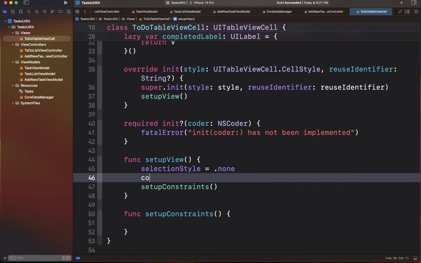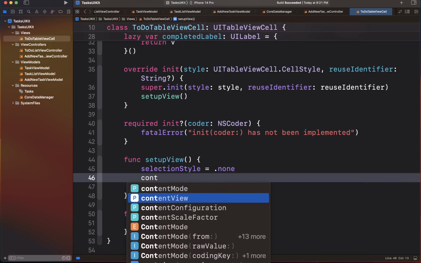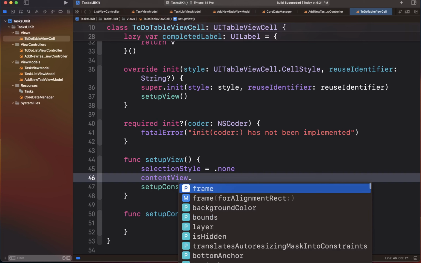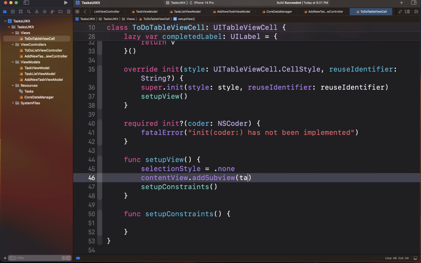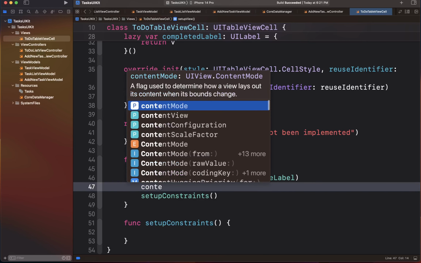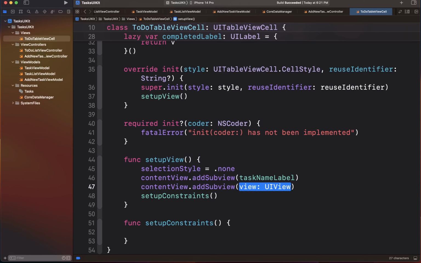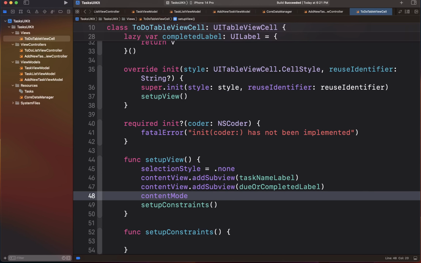The best practice is to add it inside the content view, which is the view which is placed for you inside the cell. Okay, so we're going to simply say content view dot add subview, and we're going to add task name label. Let's go ahead and add subview and due or completed label, content view dot add subview completed